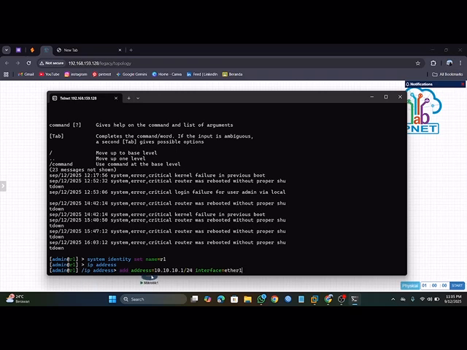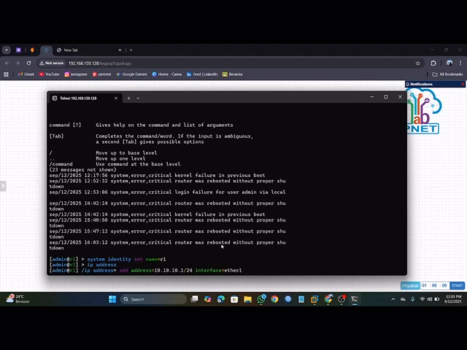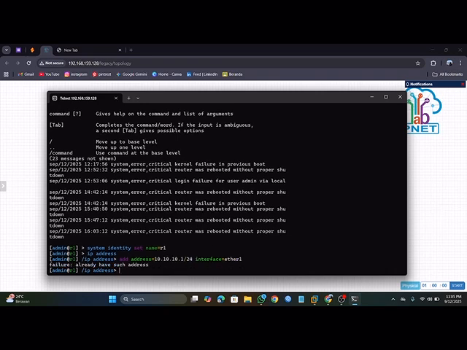This IP is from this IP router 1. Okay, next, and you can click enter.